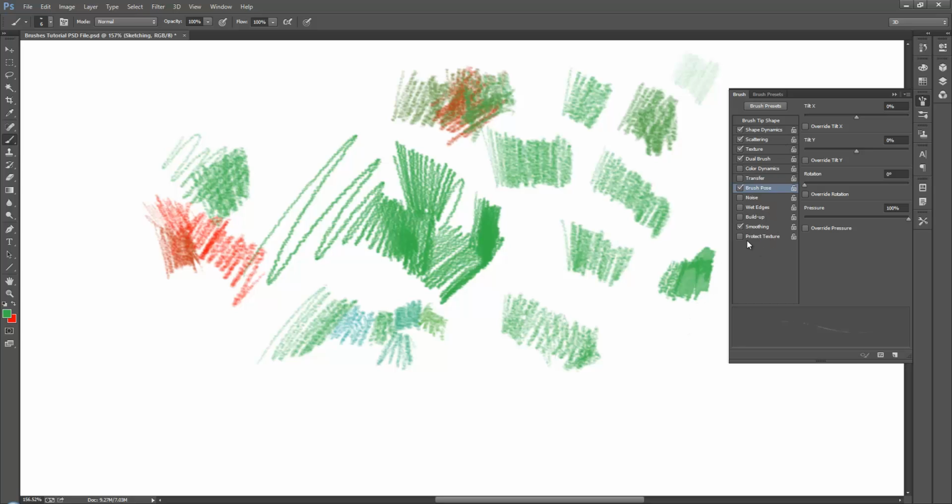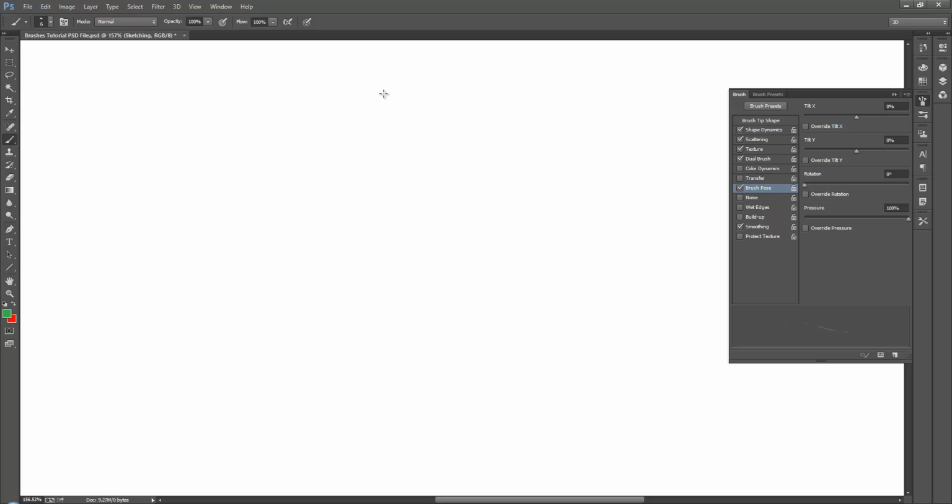Okay, I'm not going to really deal with texture. I think it works at keeping the textures that you're painting over intact instead of blurring them out. But again, that's not one that we probably will use very much. This first set is really the most important one. Shape, scattering, texture, dual brush, and transfer are the ones that you use the most. Color dynamics, you're going to use occasionally. Okay, so that's kind of an overview of the brushes,